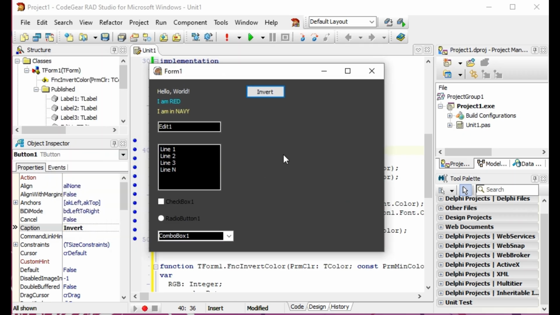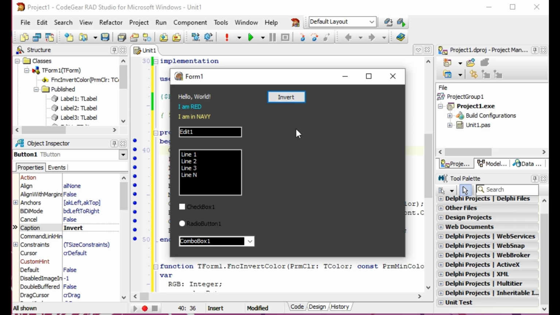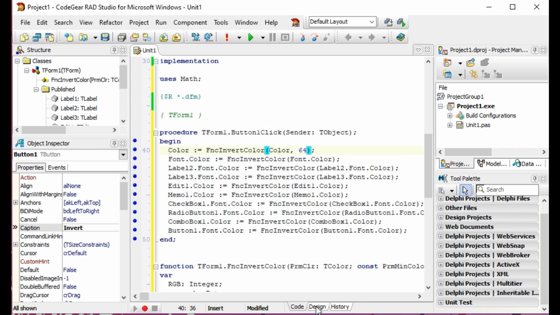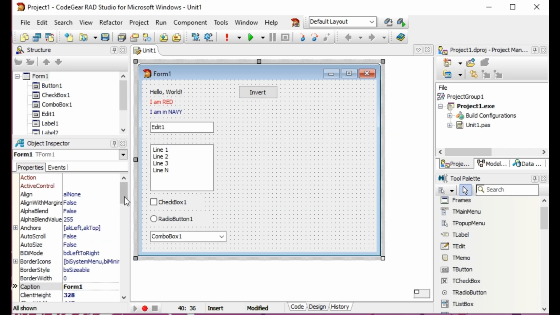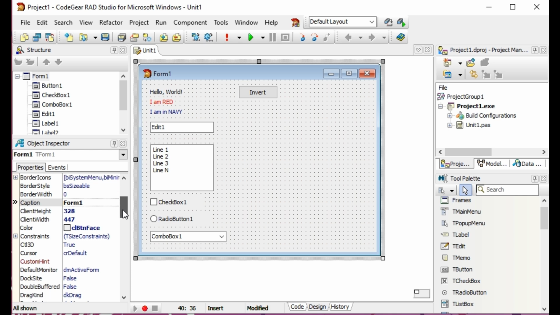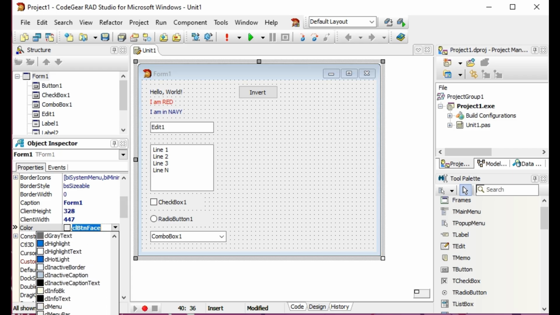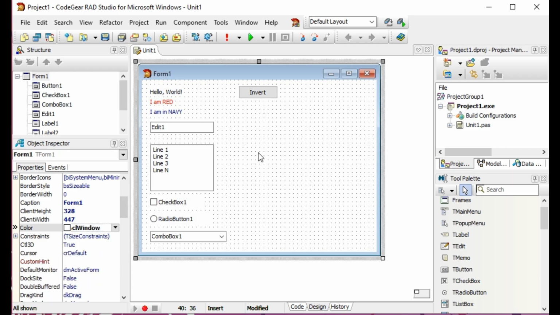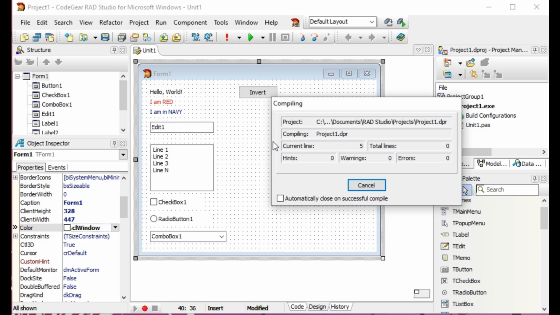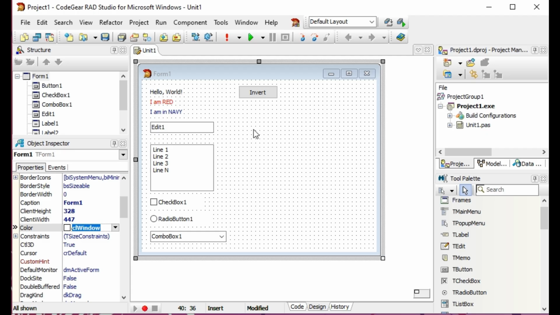See, this is the color of the inversion of the original color, which, if I'm not wrong, is the button face color. Yeah, button face. What if we set it as a window? See, it's the window color, and we do the